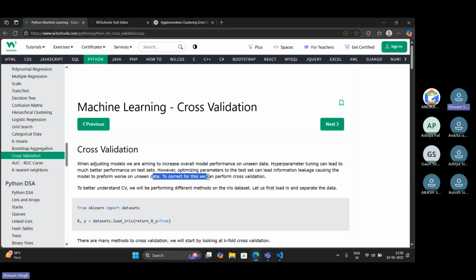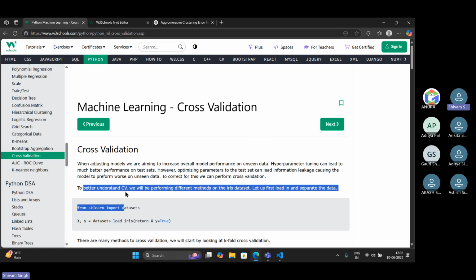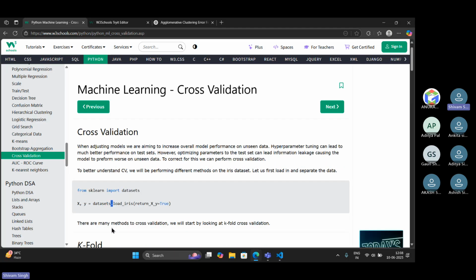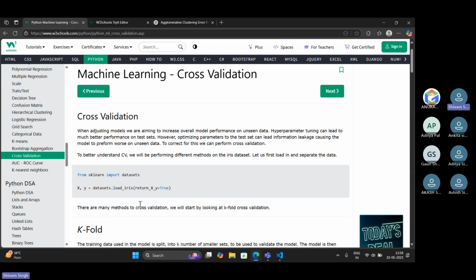To correct for this, we can perform cross validation. To better understand cross validation, we will be performing different methods on the iris dataset. Let us first load in and separate the data. So to load, you import datasets and use the load_iris method.